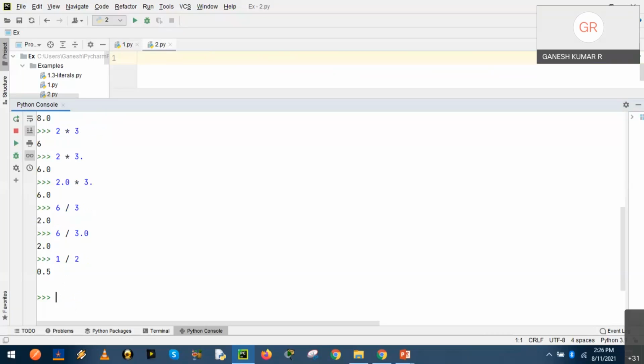Yes, 0.5. It happens sometimes that we really need a division that provides only an integer value and not a float. Sometimes we may need only the integer value if we want to round the values. We don't want the fractional part. All we need is only the integer to round off the value. So we need a division operation that results only in an integer value. We don't want a float. How can we make it?